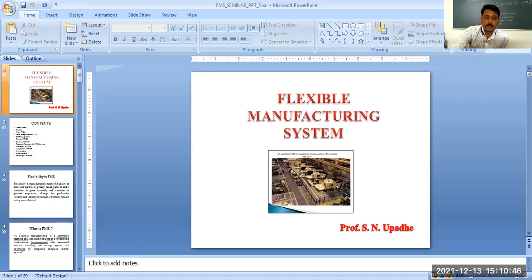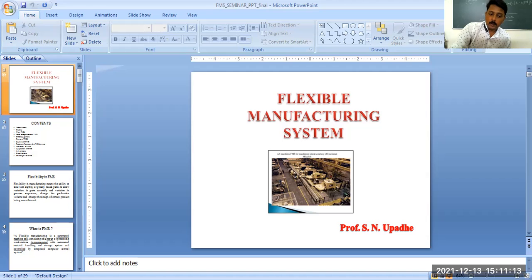In that case, it would be stored in the temporary storage area. And then when the batch or the type of products are enough processed, from this temporary storage area, this semi-finished material is again taken to the CNC machine 1 for the next operation. So this is how this temporary storage area is going to help us.